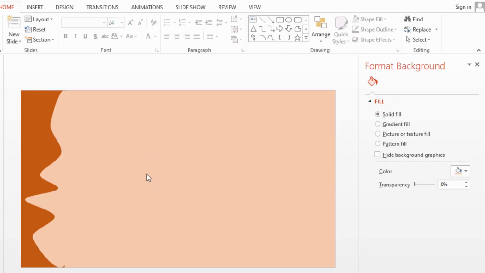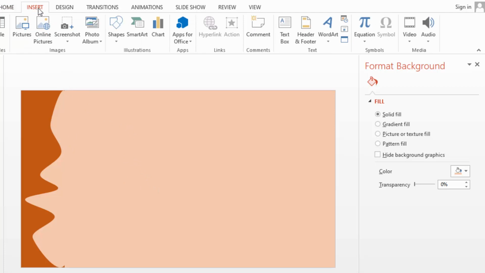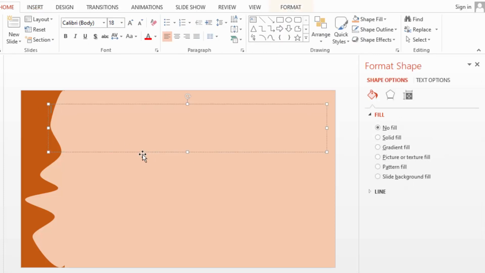The next thing to do is to have some good text here. I will just click insert text box and draw some text. Let me assume I'm making a presentation about rocks. So I'll just type here types of rocks. Then I will just select the text, increase size here